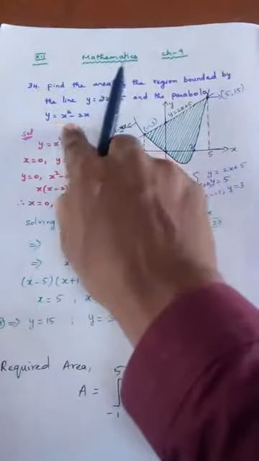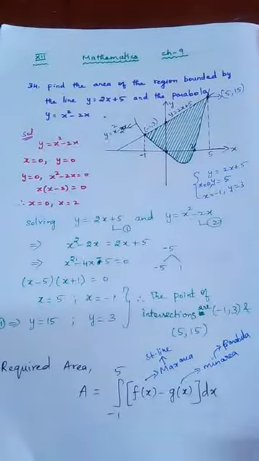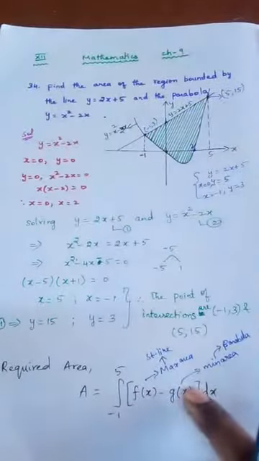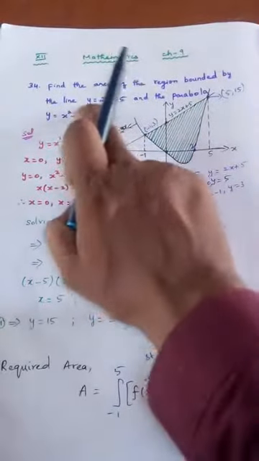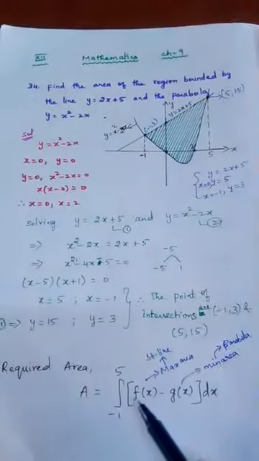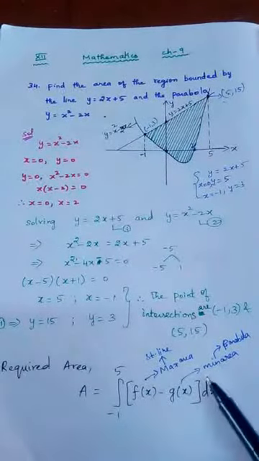Parabola equation, if you see, this is the parabolic equation. We need the function of x because we know the limit of x. So I am substituting this value second. In place of g of x, I should write x square minus 2x. Hope you would have understood. So how to choose f of x? The curve which gives maximum area. g of x, the curve which gives minimum area.